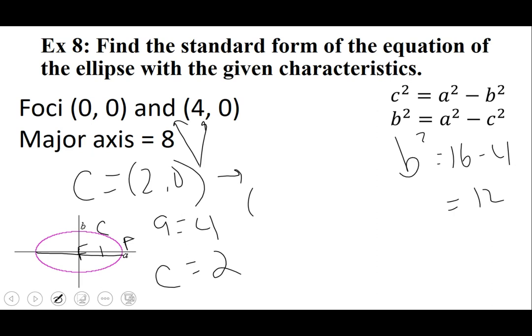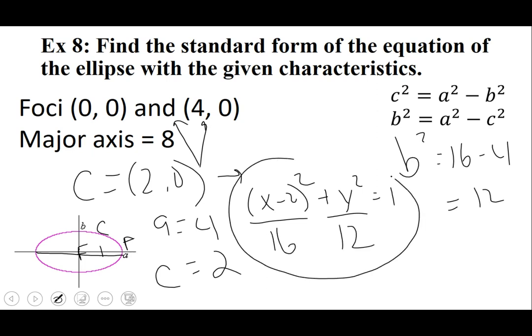Because you have a center that's not the origin, don't forget to put in your h and k. So x minus 2 squared plus y squared, remember it always has to be equal to 1. And in terms of the denominators, remember that the larger value always has to go with whatever direction it's opening. So 16 is larger than 12. And because I know that it's opening from left to right, that's how I know that this is my final